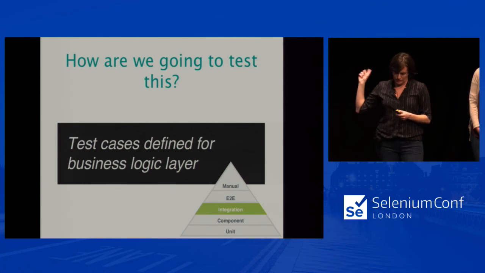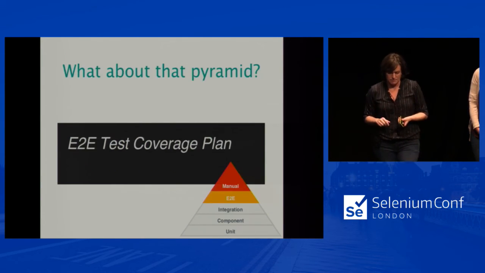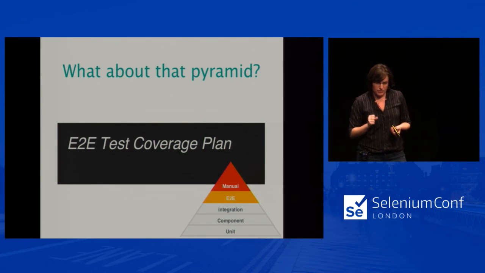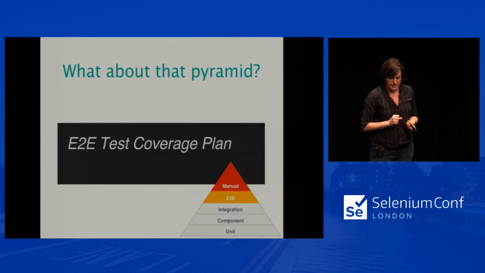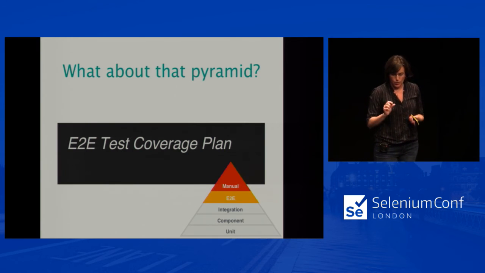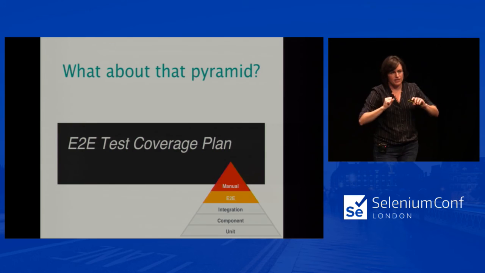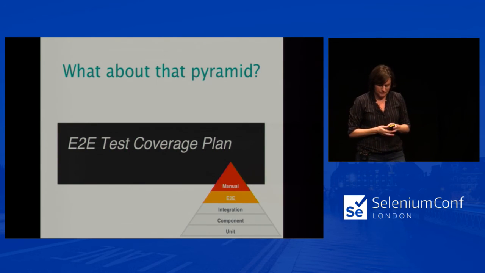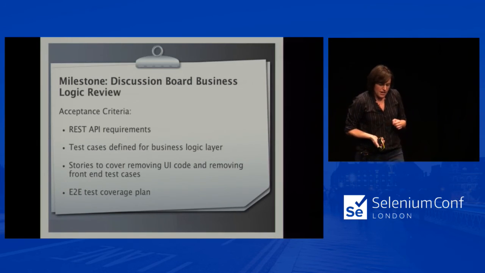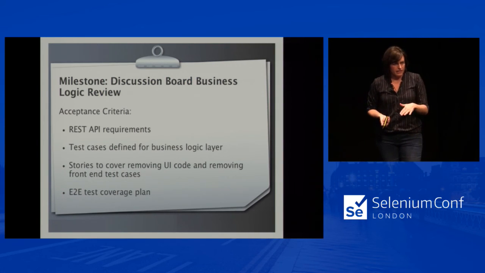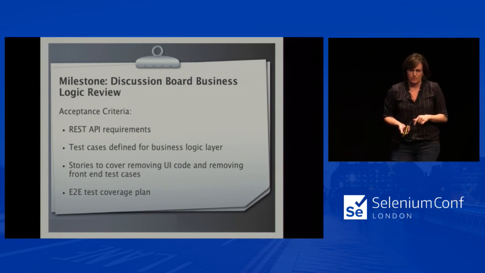So now we're starting to pull together that middle level of the pyramid. And the rest of the pyramid. So we'll need to determine a robust end-to-end test coverage plan to cover only common workflows and performance. Instead of having the big fat end-to-end testing that's very brittle, we need to pull that in and move more of it to the lower levels of the triangle. And so now you'll see this is our final milestone. Again, it's kind of a plan for planning, and you will move on from there.